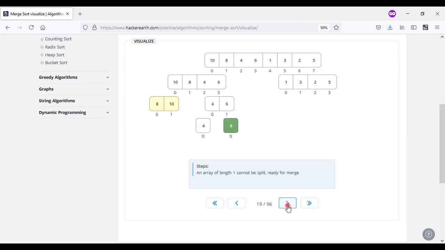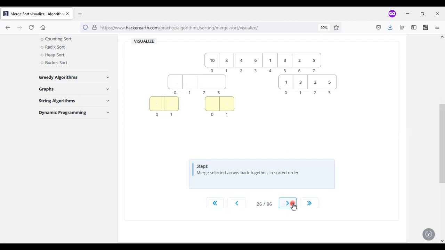We need to place these elements as they are, because these two are in the same order and there is no need to shuffle here. After finishing, clear up the space, that is, the sublist we have. Up to this, we have been sorted. And coming to the next one,